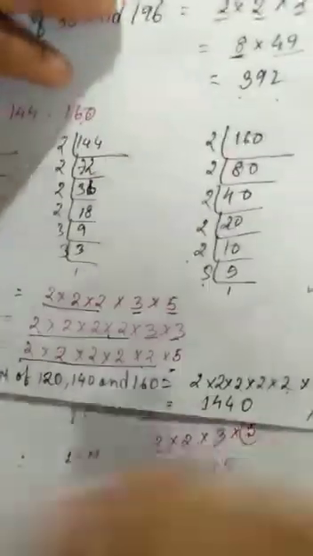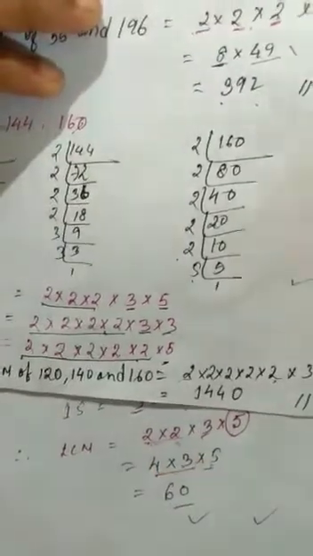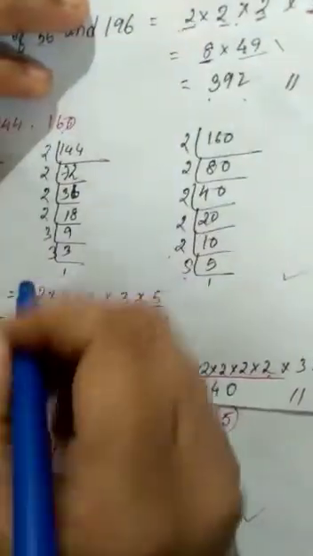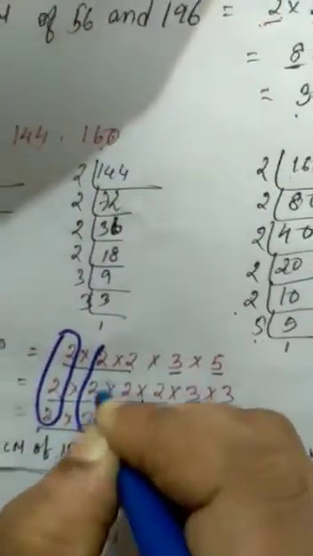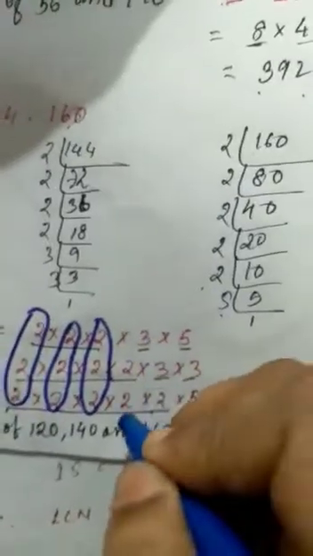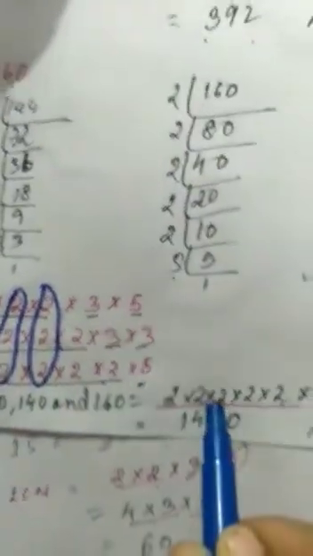So the maximum number of 2s is how many? You can look, 5 times. So we will write 2 five times here. It will come because these all will come. You can see here, this 2 and these 2 and these 2, all of these will come, but along with these, 2 more 2s will also come. So together we can write 2 to the power 5, as 2 cubed is already common to all the numbers, and the next 2 will also be common.